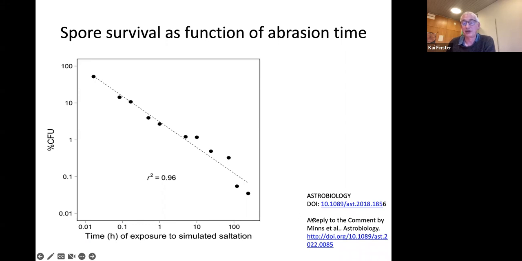And this year we had a very interesting discussion with some colleagues, and they wrote a comment on our study that was published in Astrobiology, and we wrote a reply to that comment. It was by Mintz et al., so you could find it here. They criticized our experiment, saying the material that we used is not comparable to the Martian material because our material still has sharp edges, while we expect that Martian material has rounded edges. And that was also one of the arguments that we used to explain our results.